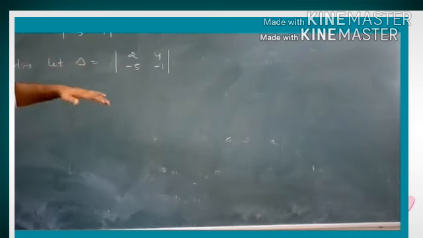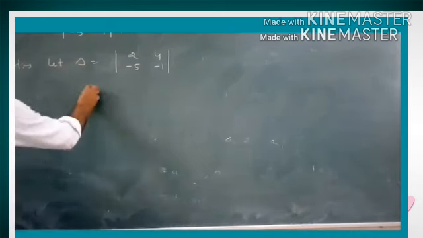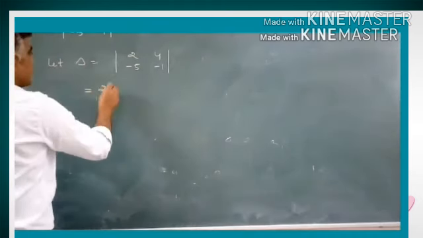This is a determinant of order 2. And we know that in the case of a second order determinant, we take the product of diagonal elements minus the product of non-diagonal elements. Therefore, we can write 2 into -1 minus (-5) into 4, which is -2 + 20, equal to 18. This is the value of the determinant of order 2. This is the first question.